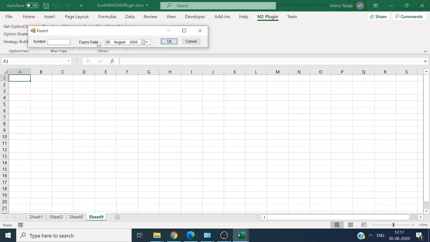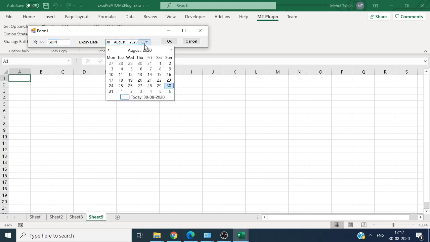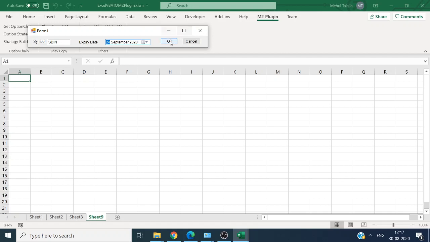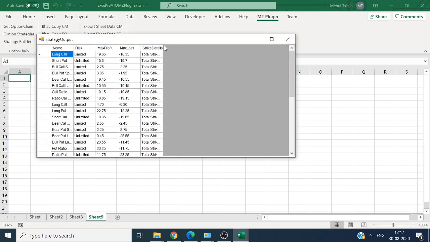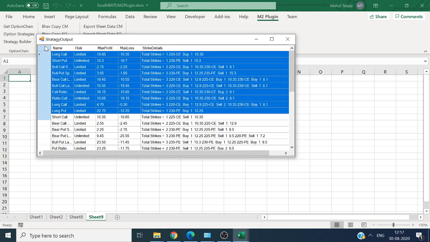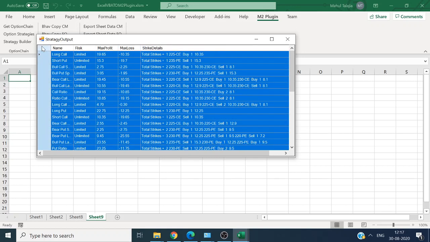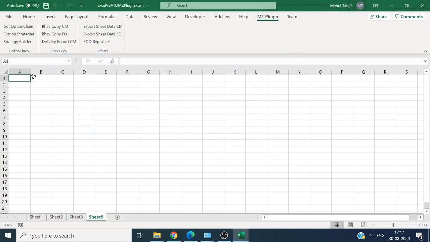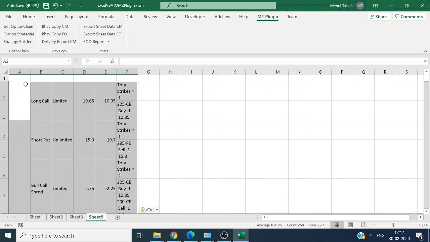Then okay, there was one thing. People were asking me one thing for this. Suppose this is SBI and they want to do this. People were thinking they want this in Excel. If you want this in Excel, you just go here, copy this, click on this and press copy, and then directly paste it here. It is there, right? So nothing much. So if you want to keep it here and save it for your further reference, or you want to do extra studies, you can keep it here.